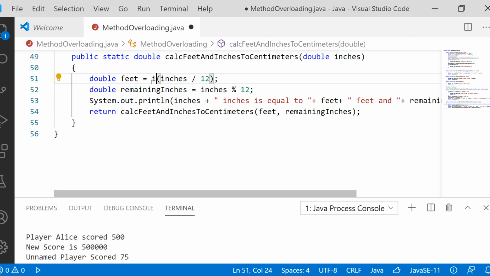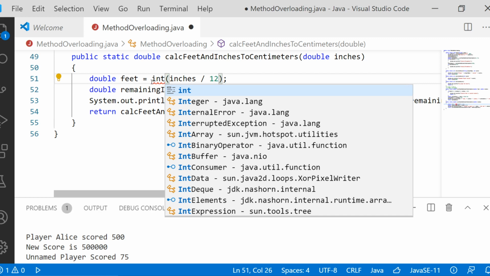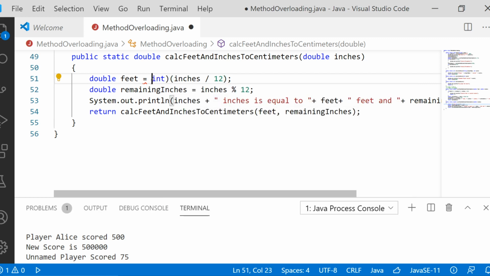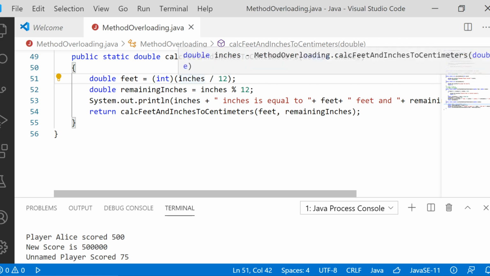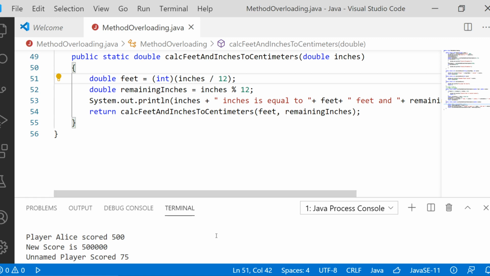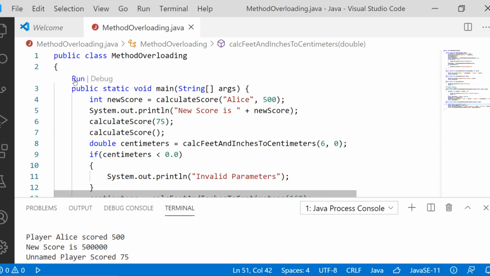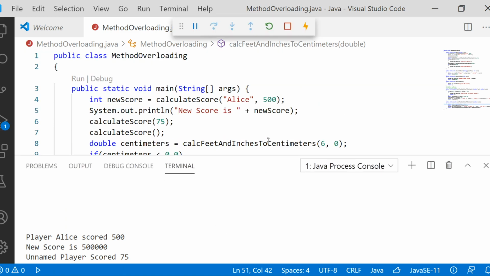Let us typecast it into integer and store it in a double. From integer to double, inbuilt type conversion is available. When you assign an integer, it will be converted to double, but with no decimal point, we don't require it. Now we will execute the same one. Now we will get feet as a whole number.